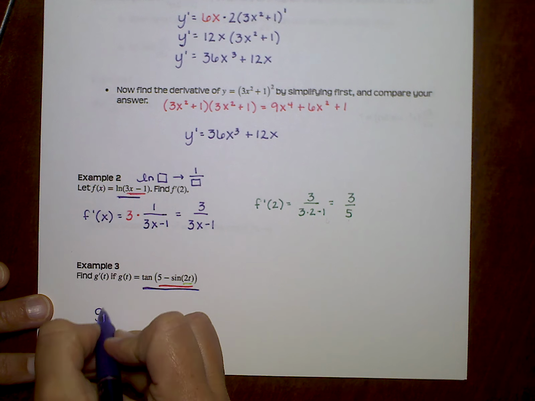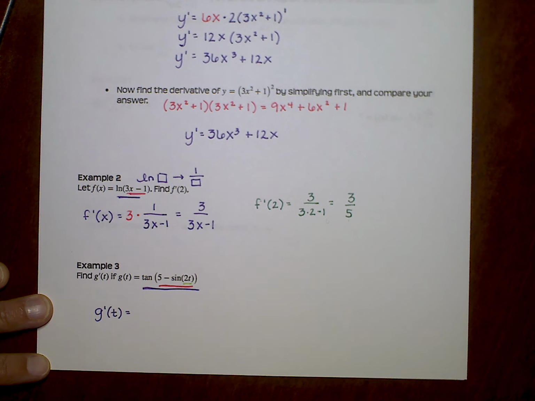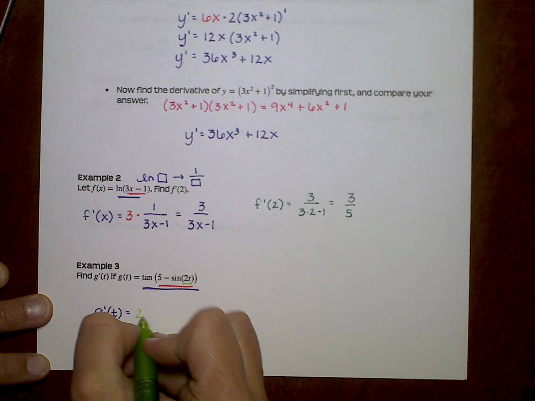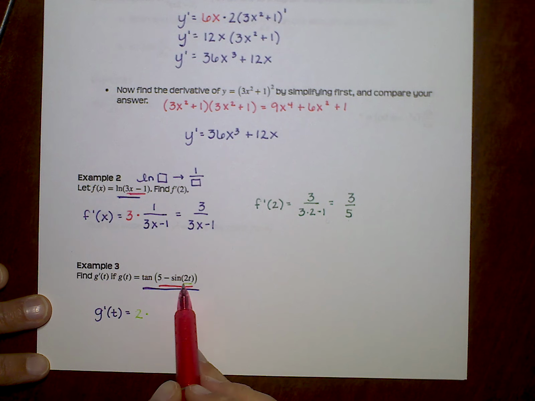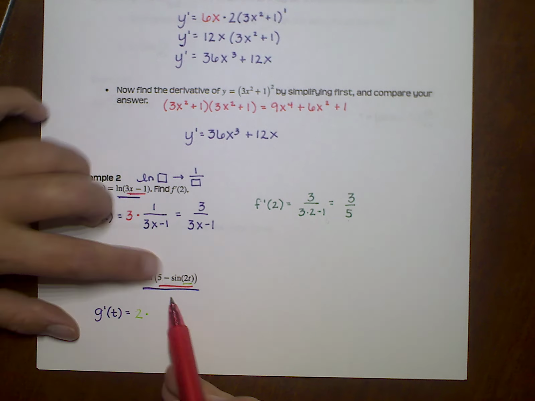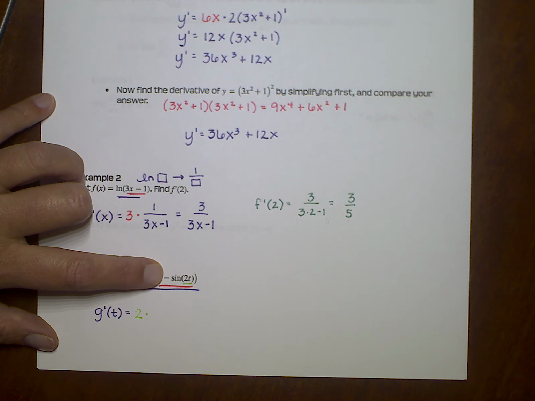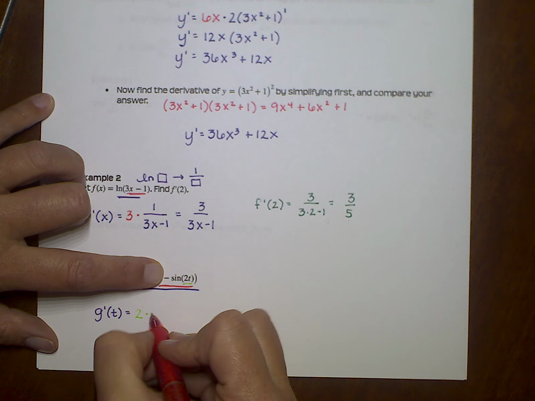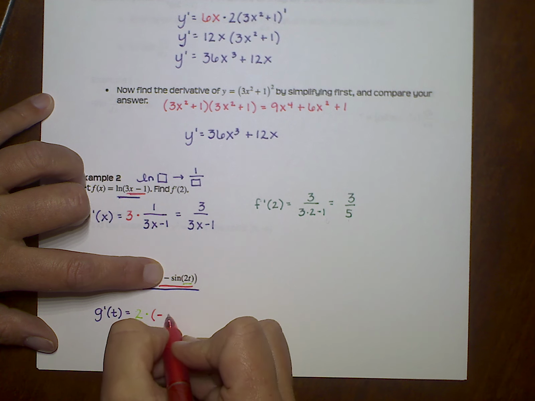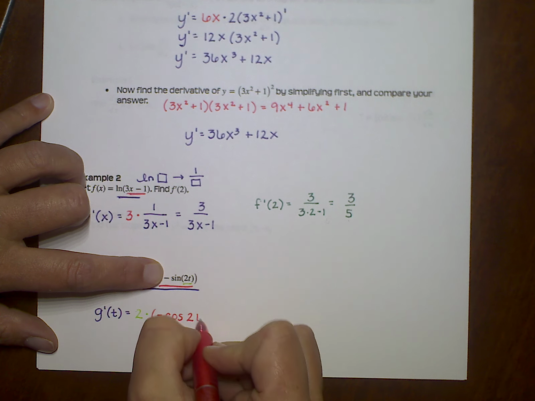So I would start out with the derivative of 2t, which is 2. That green might be hard to see, sorry about that. Then I'm going to do the 5 minus sine of 2t. Well, the 5 really disappears, because the derivative is 0. The derivative of sine would be cosine, and I'm going to keep that negative 1 with it. That's the constant multiple rule. So this is 2 times negative cosine, but I'm leaving that part that's in green alone. So negative cosine of 2t